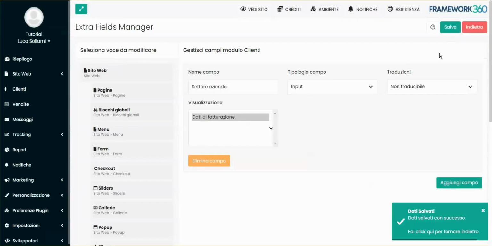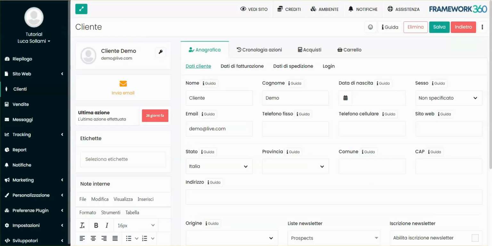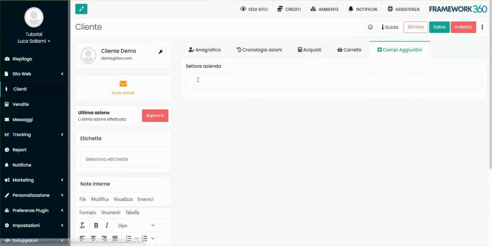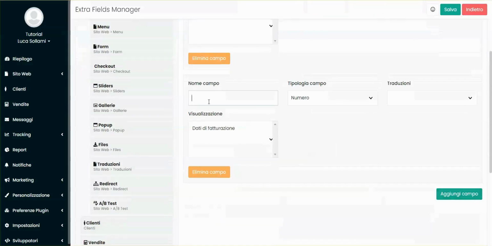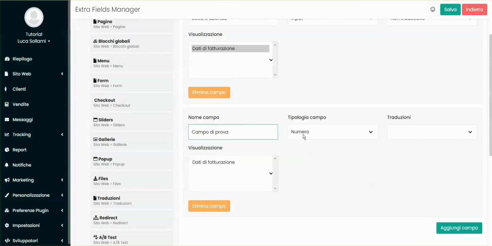Let's click on Save. And as we can see now, by going to the customer interface and reloading the page, a new section will have opened here on the right called Additional Fields, where we can add the sector of this customer's company. Demo, in this case, for example, we said hotel. Okay, this is clearly one of the possibilities, but we will also have the option to add a new field. Let's call it test field. And for example, we want to add a visual builder. By saving,